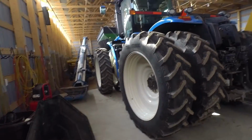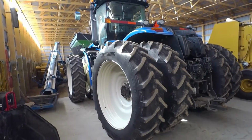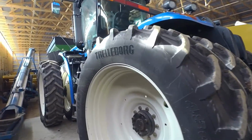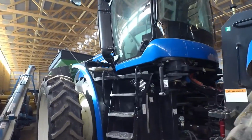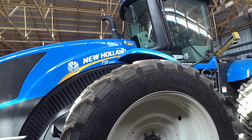So after settling on a deal and having him do a few things to it, it finally arrived today. A decent day for traveling. The roads weren't bad at all. First articulated tractor, I guess. It's a whole new beast to me. New Holland T9.390. Very low hour machine, clean machine, only